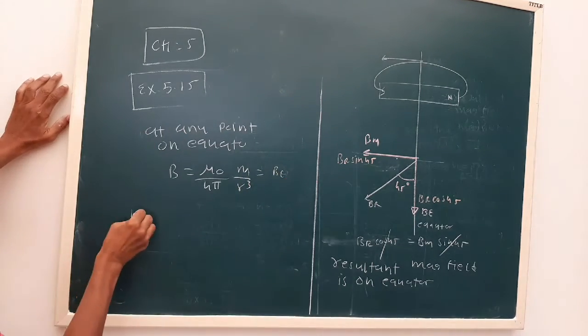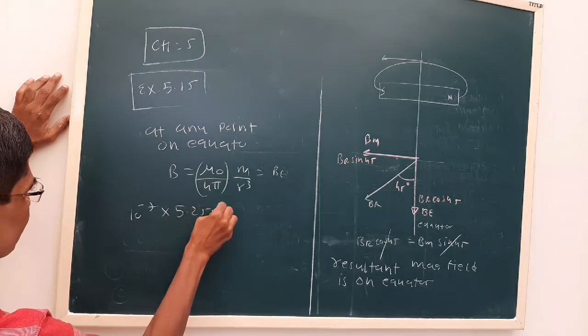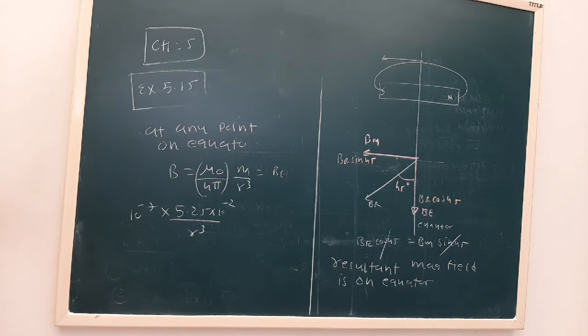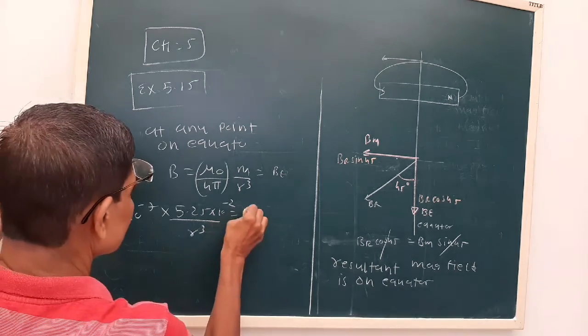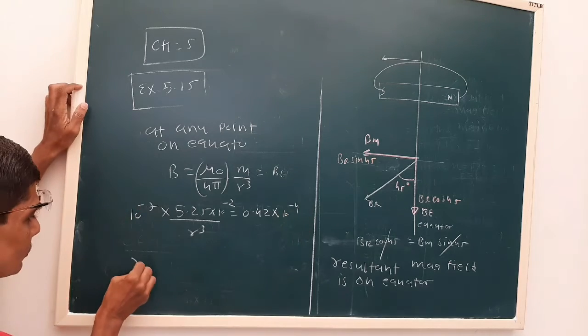Now 10 to the minus 7, M is 5.25, r cube we have to find out. And the total magnetic field is 0.42 Gauss, which is 10 to the minus 4. So if I solve, r cube is